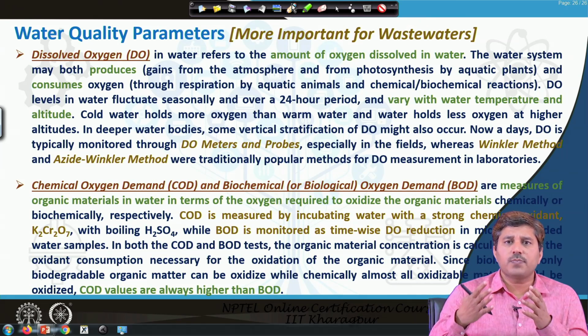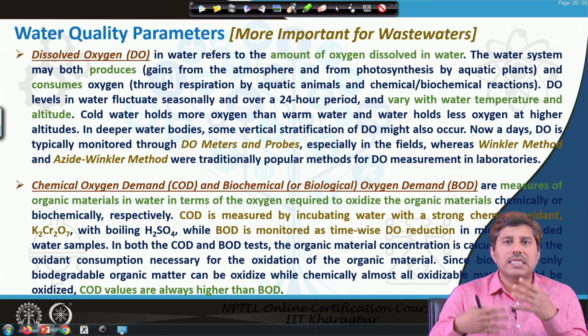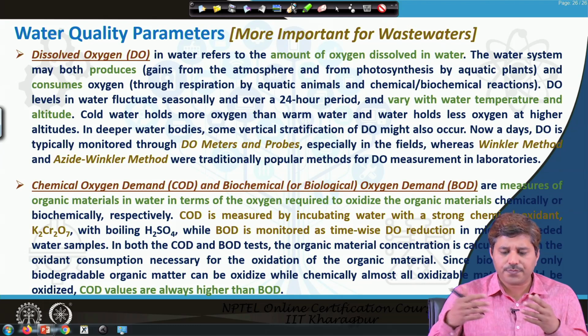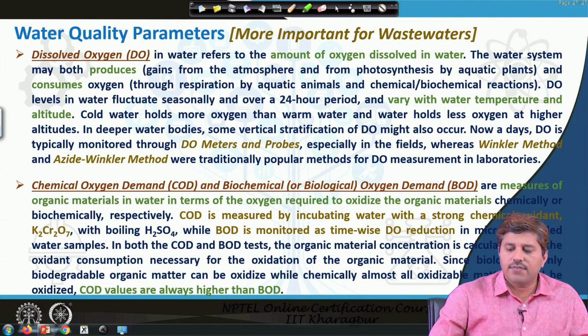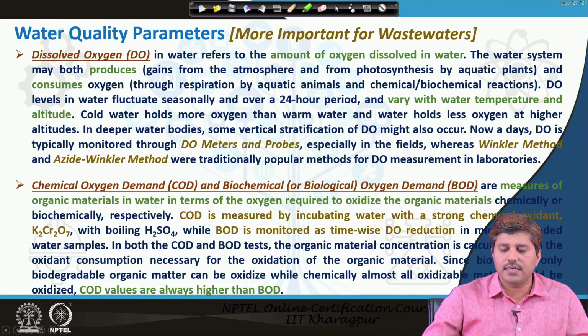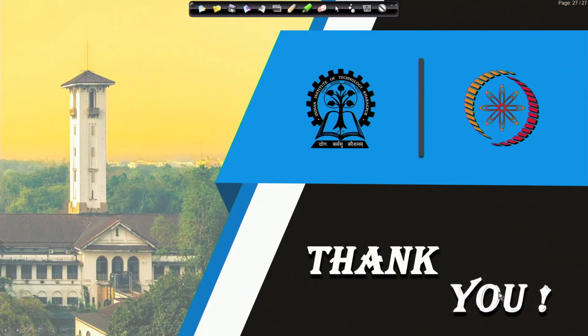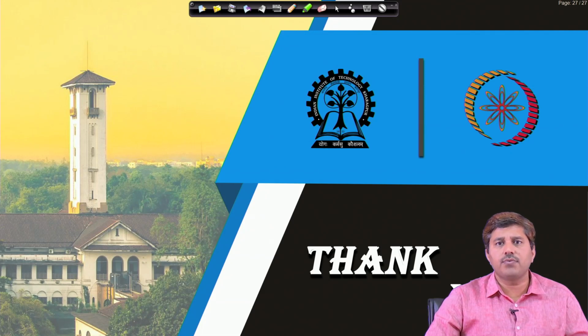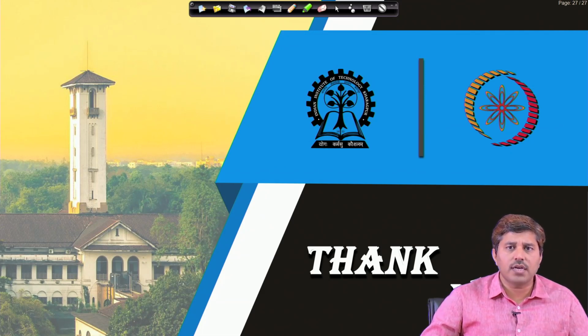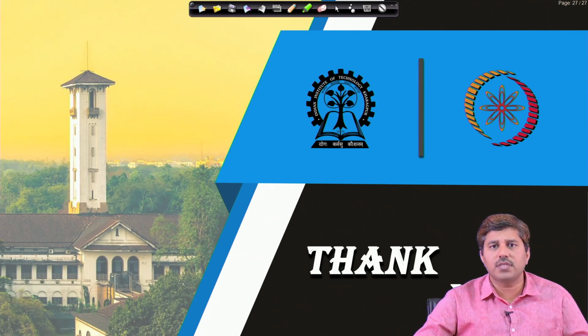There is another such parameter, TOC, total organic carbon, which is well correlated with the COD, because that is also an approximation of the organic carbon. Apart from that, there are other compounds such as iron, sulfate, nitrate, which have their own implications in the water, and they also need to be monitored. As we discussed, if we talk about water quality parameters, the list is quite extensive, not just limited to a few. There are many more water quality parameters, but these were the major ones which we discussed.